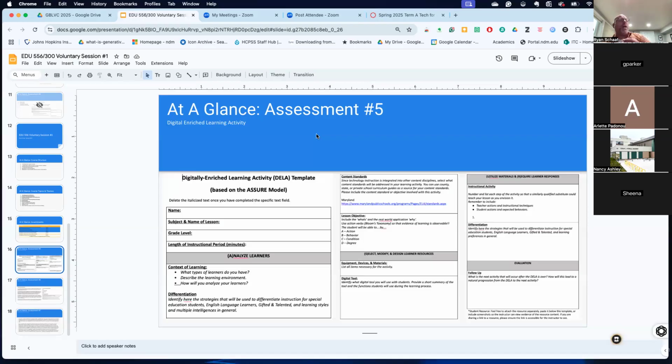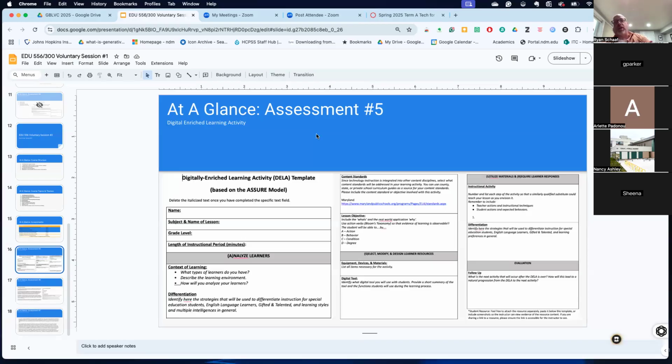So, analyze learners, I'm asking for what I call the context of learning. Like, what type of learners do you have? If you had to summarize them, you would tell me, I have a wide variety of students. I have a diverse learning population. I have 25% that are African American. I have a lot of students that have special needs. A lot of my students are visual learners. They love hands-on activities. So you're really trying to talk about your learner,